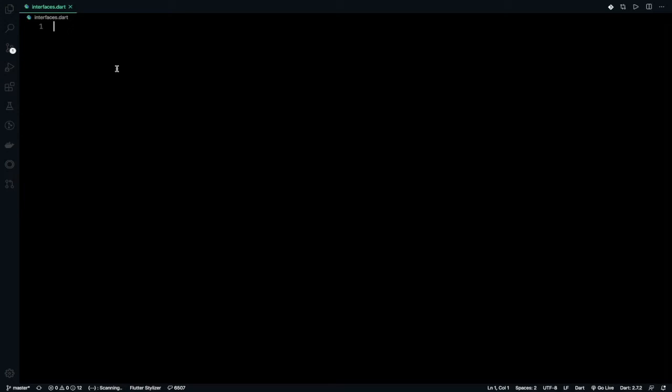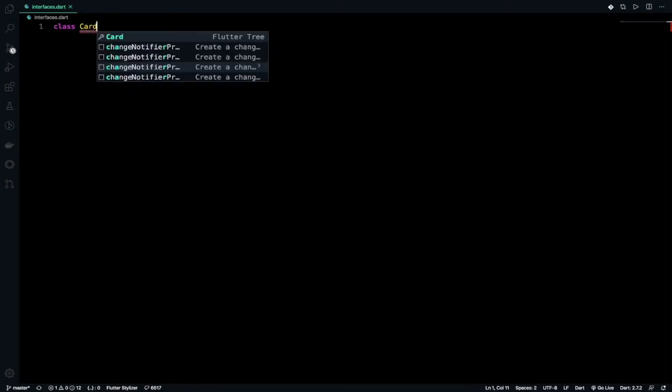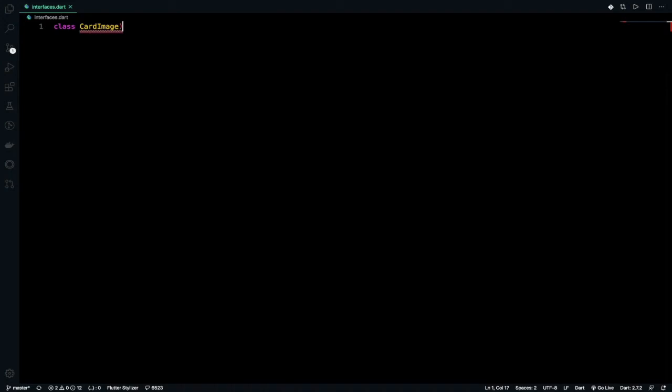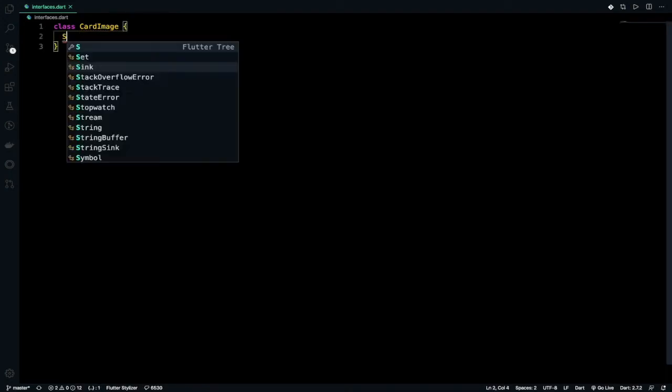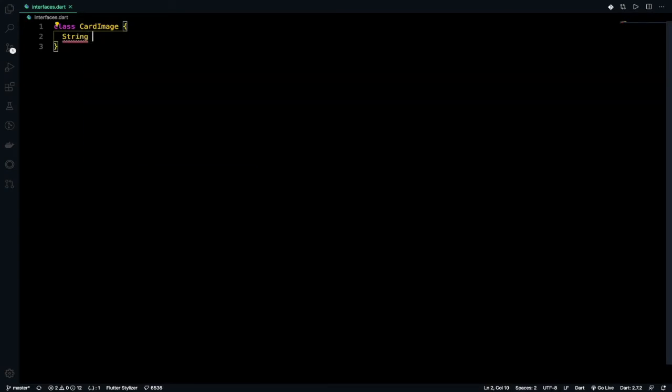So without further ado, let's create a class, suppose card image, and then there is a method string use image, and then we will implement another class which is card text.